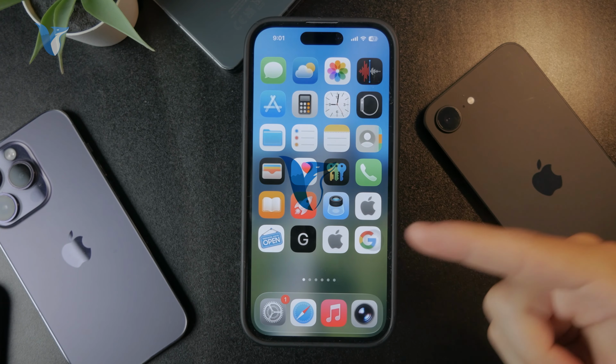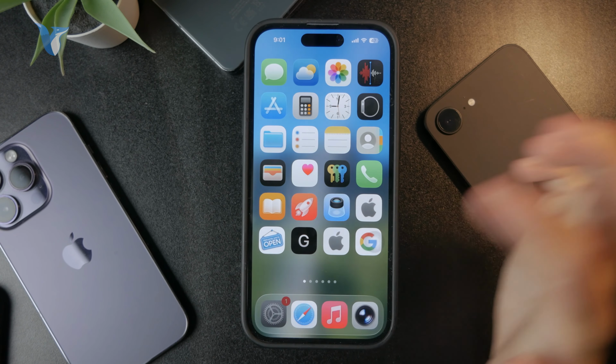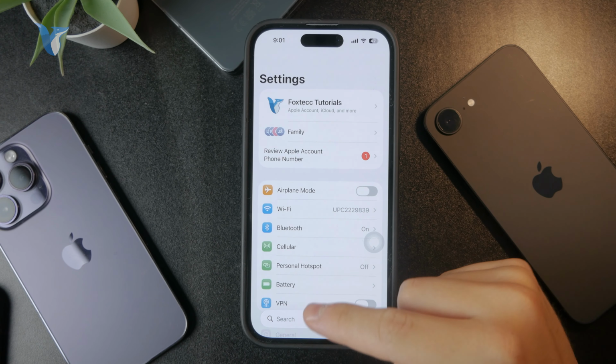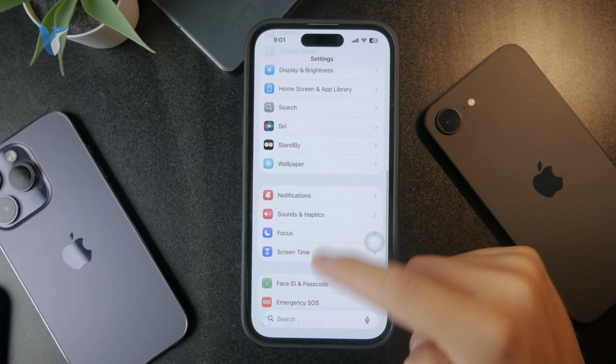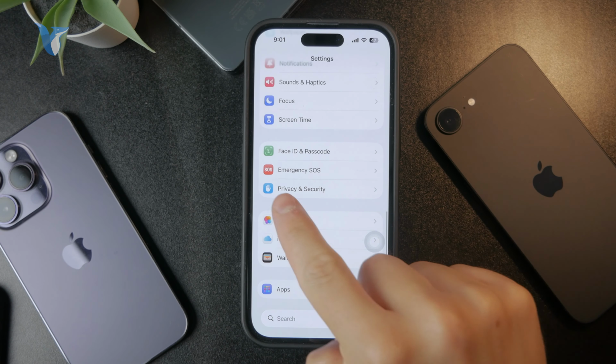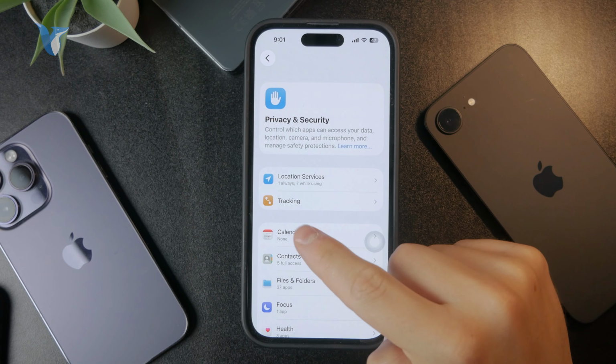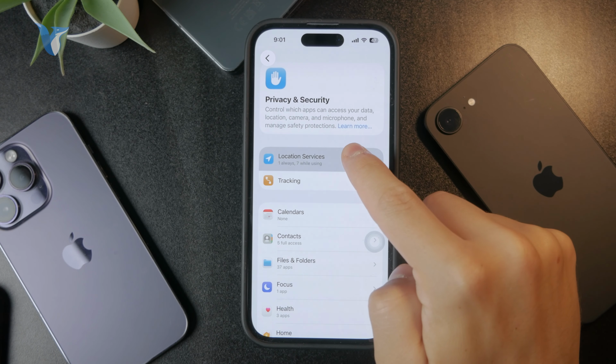Here's how we can turn off or turn on the location inside of the iPhone settings. So we open up the settings app, and on the main page, I want you to scroll down until you find the section which is the privacy and security. So you can see the privacy and security is what we tap on, and there are location services right at